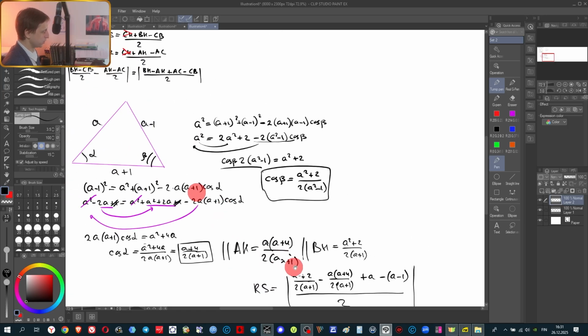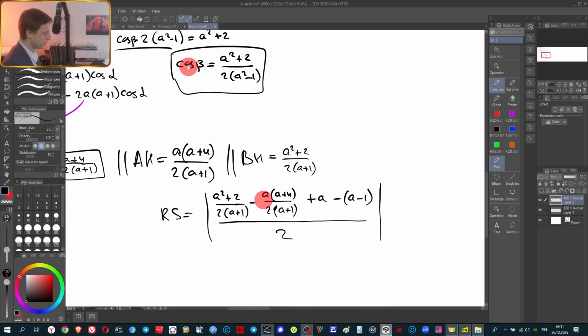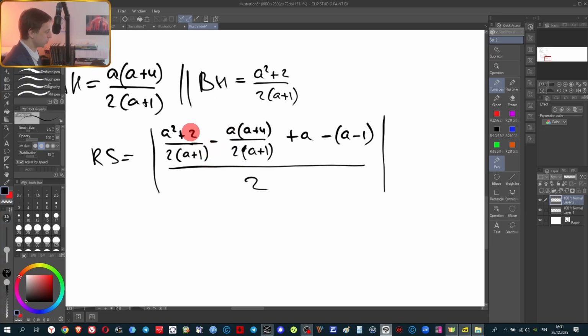Yeah, let me quickly check that AC minus CB, yeah, everything is fine. So finally, we need to write this expression in terms of a. So the common denominator here, let's at first subtract these two. You see that a squared cancels out here, and on the top we will have simply 2 minus 4a. So here we have on the top 2 minus 4a, yeah, correct, divided by